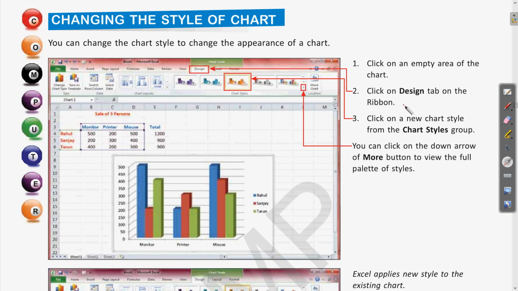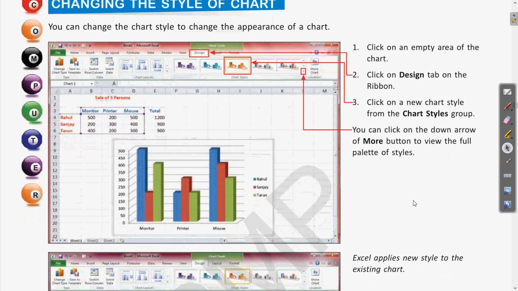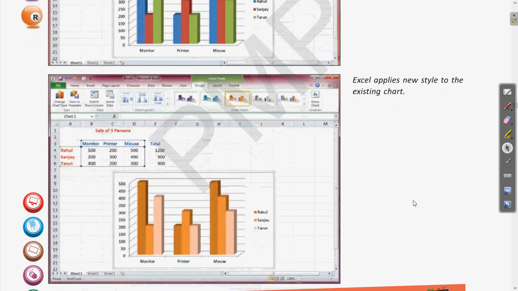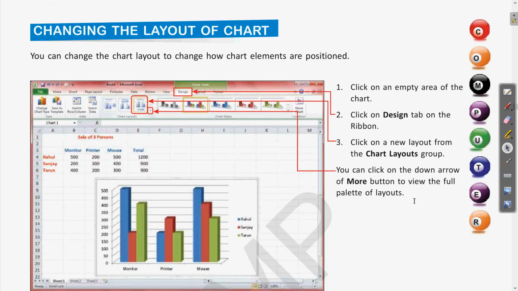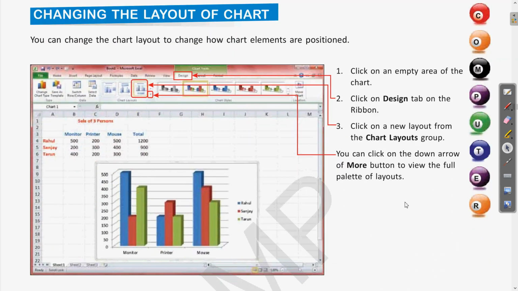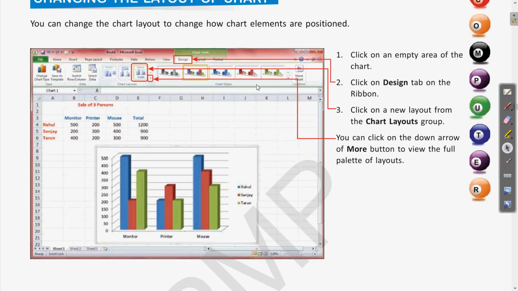Here you can see these are the steps. When you go to the design tab in the ribbon, we will get the chart styles group. From there we can also click the more option, in that we will have the other appearances, and we can choose any of these. Now the next one was how to change the layout. In the layout, the different elements of the chart are part of that. If you want to add some extra elements to the existing chart, we have the chart layout option. Clear? This also is present in the design tab.